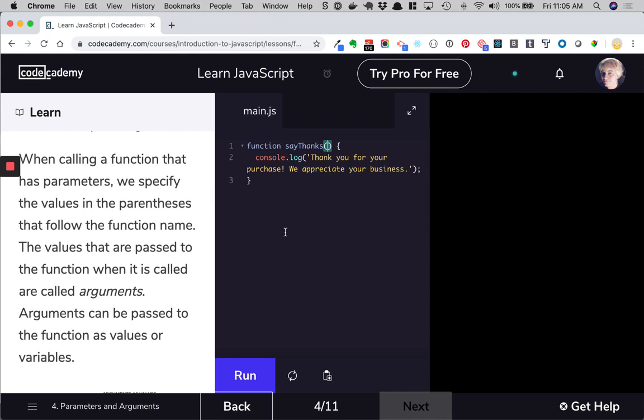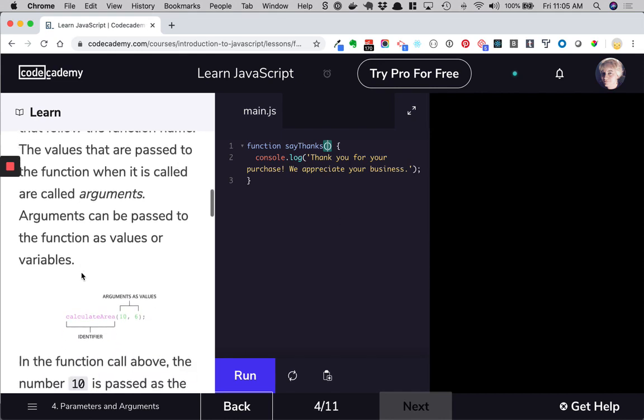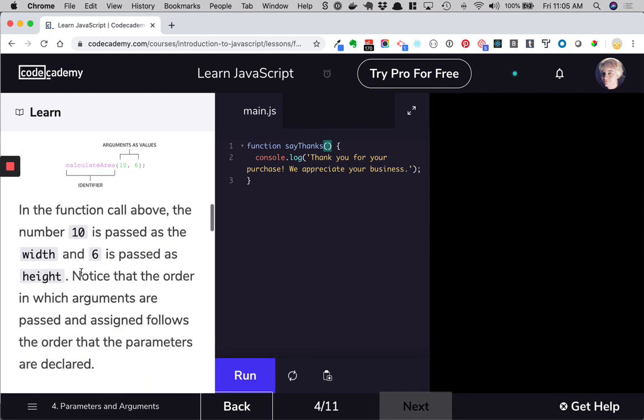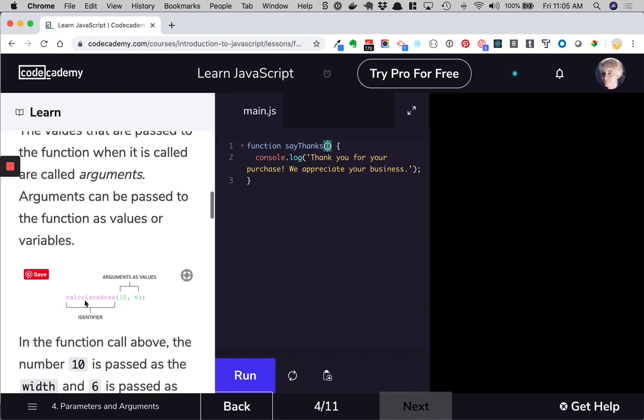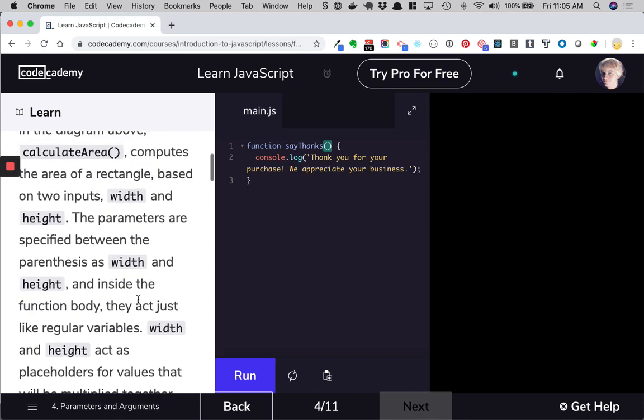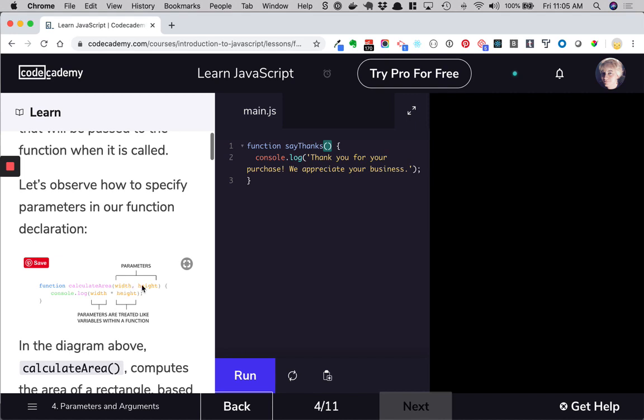Let's see. The function call above, the number 10. Okay, so they're still talking about it. When I invoke the function, 10 is going to be passed in for width, and 6 is going to be passed in for height. Whatever the order is, and these can be any name at all, it doesn't matter as long as you're using them